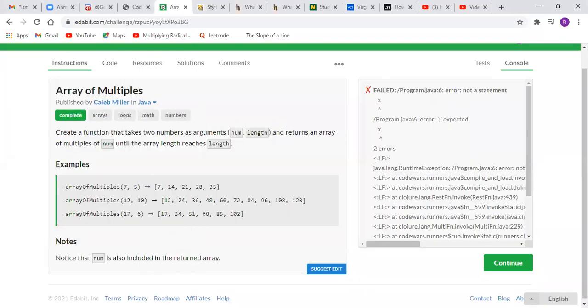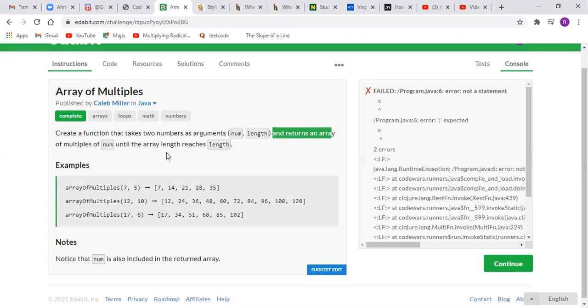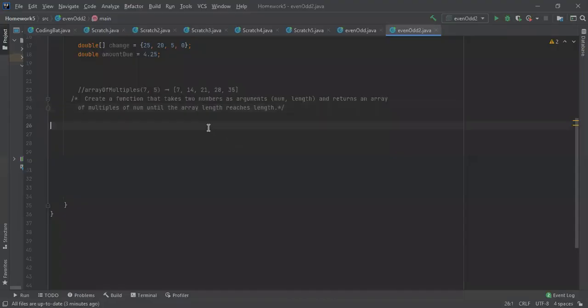So this one is called array of multiples, and we want to create a function that takes two numbers, num and length, and we want to return an array of multiples of num until the array length reaches length. So essentially, if I could open IntelliJ here,